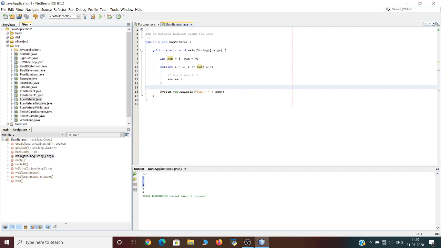Therefore, the condition holds true, and we will get inside the block. Inside the block we have the statement sum plus equal to I, or sum equals sum plus I. Since the initial value of sum was 0 and the initial value of I is 1, the value of sum will become 1.